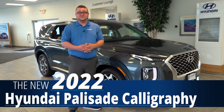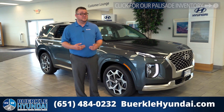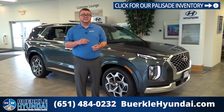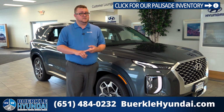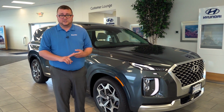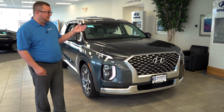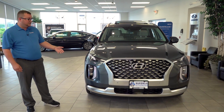The Hyundai Palisade is a fan favorite. It is an Autotrader.com and Cars.com Best SUV Award winner for 2020, on top of even more important awards such as the Insurance Institute for Highway Safety Top Safety Pick Plus for every year since 2019, and a 5-star overall crash test rating from the National Highway Traffic Safety Administration. Our Hyundai Palisade has wowing good looks, including the waterfall grille in the front and our beautiful LED signature headlights,